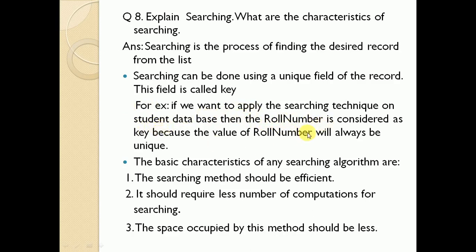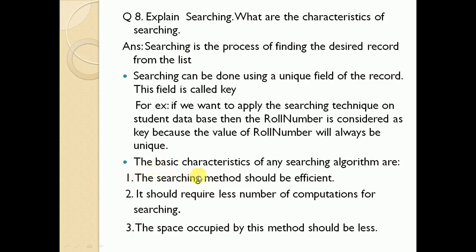Roll number is a key because the value of roll number will always be unique. You have to choose the key in such a way that it is a unique value. One student is given one unique roll number. Roll number 1 belongs to only 1 student. So you always have to choose a key that has a unique number. So this is the searching technique.